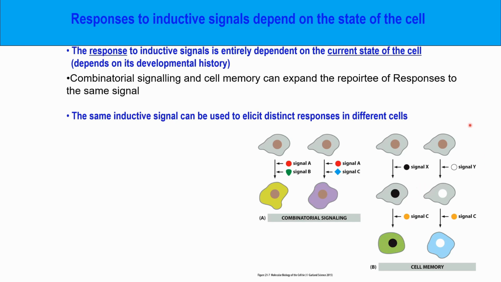But if this same cell experienced first signal Y that caused its nucleus, instead of turning black, to turn white as a differentiation marker, and then received the same signal C, it can respond differently because it has memory of the first signal that it met, and these cause transcriptional changes in the cell that change the way it interprets signal C. Even though the signal is the same, the cell type is now slightly different, and it can respond differently and give rise to a cell that differentiates differently. Okay,